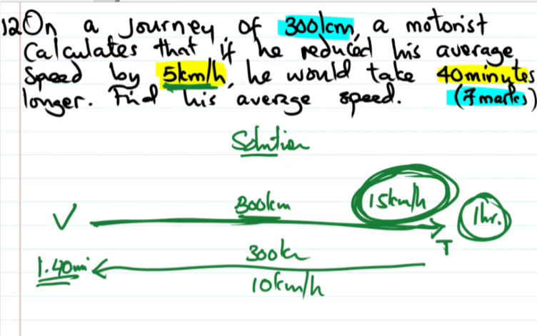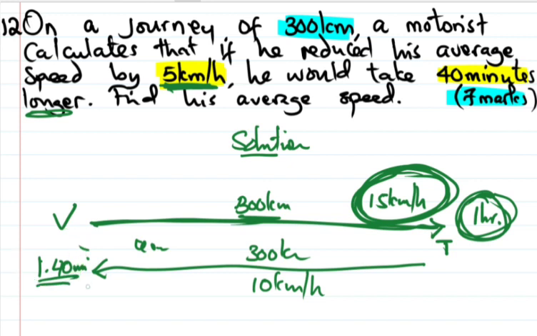So that's what the question is saying here. If he reduced his average speed by 5 kilometers per hour, he would take 40 minutes longer. So when the speed is reduced, the journey takes longer than before. The first journey took 1 hour, the second takes 1 hour 40 minutes. So the difference between 1 hour 40 minutes and 1 hour is 40 minutes. Now let's